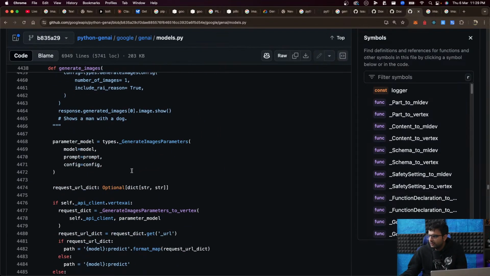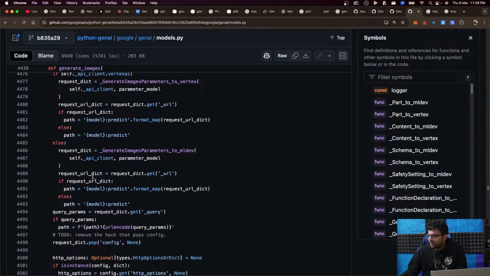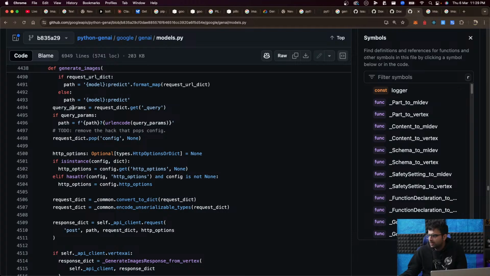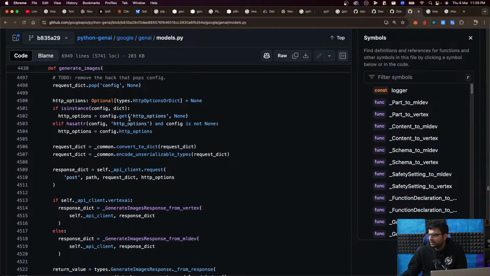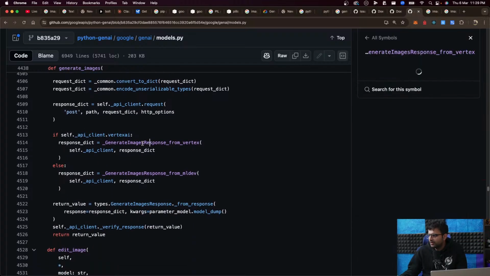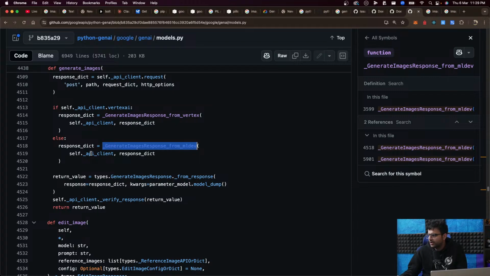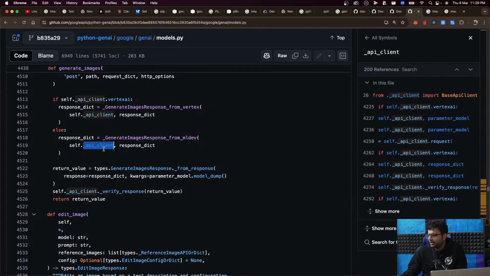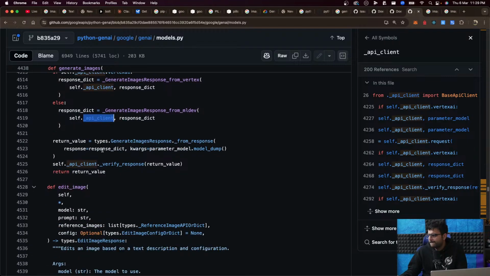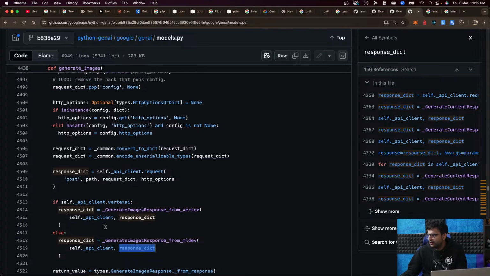And here, if you look at params, path, HTTP options, API client, vertex AI else, from mldev self dot underscore API underscore client, response dictionary.